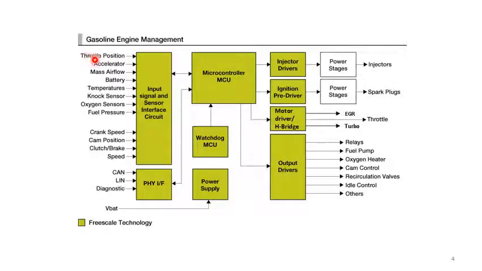Then we have the input variables on this side, that is the throttle position, accelerometer, flow meter, battery, temperature, NOx sensors, oxygen sensors, various inputs, right from the crank speed and crank position. All these inputs are going to be received. These inputs are measured in the measuring devices and they are fed back, and this will happen in a closed circuit. So this is a typical example of a gasoline engine management system for a closed loop system.